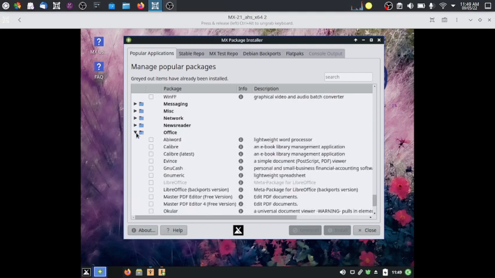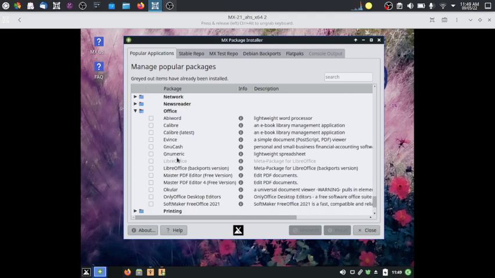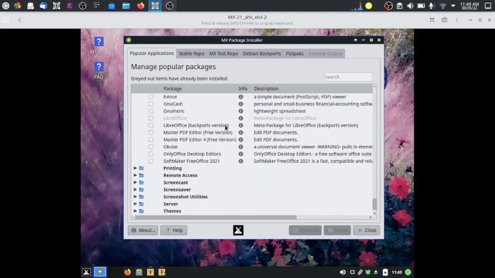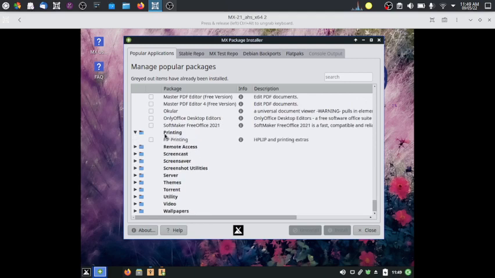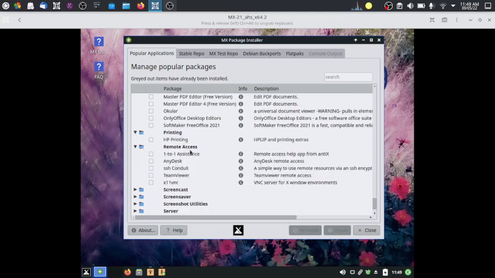Okay, let us check out the office. So AbiWord, Calibre, Evince, GnuCash, Gnumeric, LibreOffice backports version is there, Master PDF Editor is there, Okular, OnlyOffice desktop editors are there, SoftMaker Free Office 2021 is there. So in printing, HP printing is there, remote access is there,